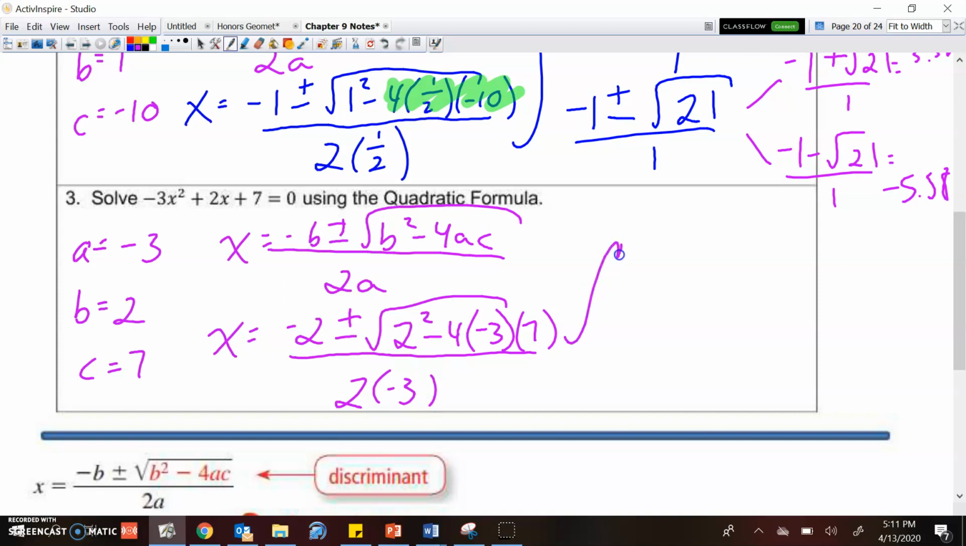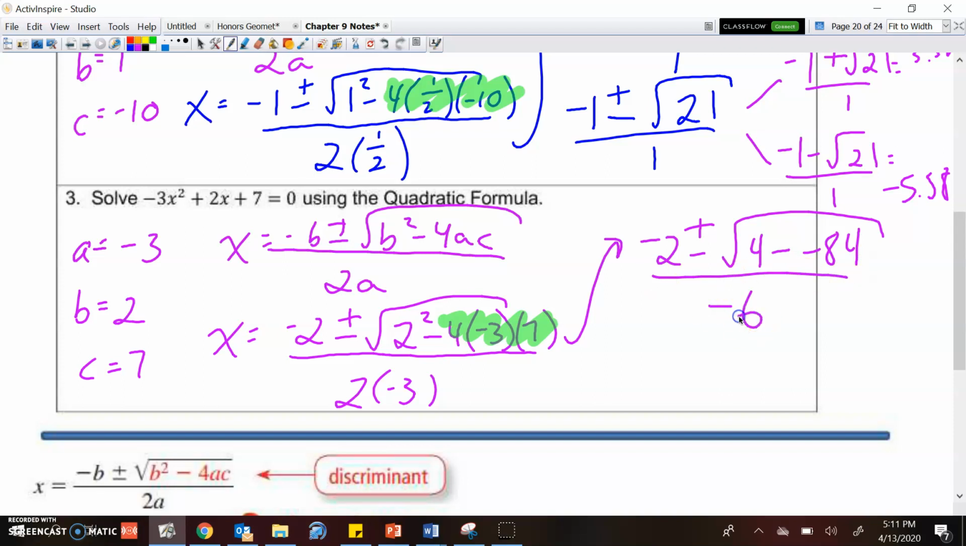All right, simplifying what's underneath the radical, I have -2 plus or minus. All right, 2 squared is 4, and now I'm multiplying these values here together. So 4 times -3 times 7, 4 times -3 is -12, and 12 times 7 we know is 84. So it's minus -84 all over -6. Okay, and then you can take it from there, but we're